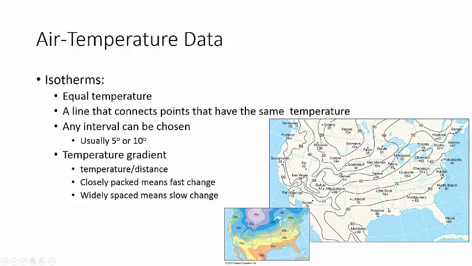Now, usually these things are 5 or 10 degrees. You can make them any degree that you want, but it kind of depends on how big your map is, right? This is a map of the entire continental United States, and so they're going by tens, right? If you're doing maybe just our area, you might want to do 5 degrees. You could do 2 degrees. You don't really want to go down to 1. You could. There's no rule against that, but that would just be really, really messy. Right? So that's why we kind of use nice roundish numbers.